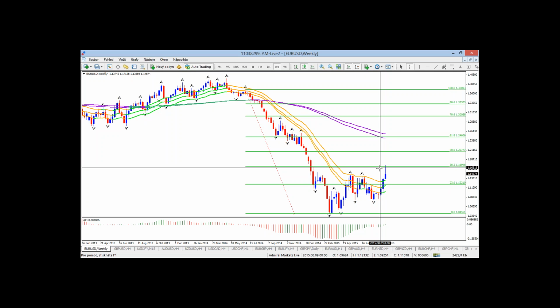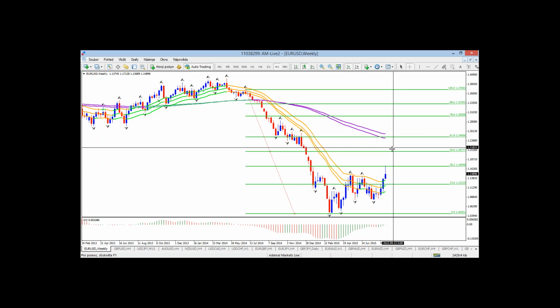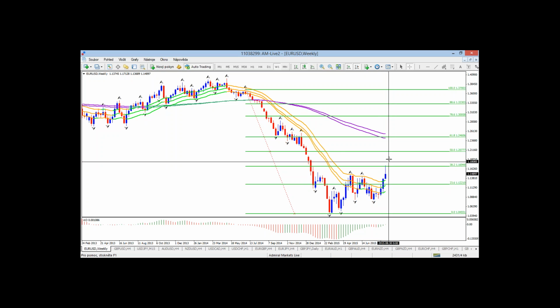It could have been used for a short, but the stop loss would probably have to be above the 50 fib, or at least 100 pips or more, because you're looking at a huge weekly trade really, from 117 potentially down to parity or even below parity, right? So from that point of view,